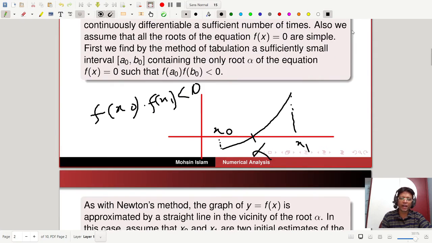So let us go to the diagram once again. Let us join these 2 points with a secant, that is, a chord. Next, this point is x2. x2 is the second approximation. It's closer to the root alpha. So again you are considering x2 and x1, right? So again draw a secant. So look at that, there is another point x3 and so on. Look at that, the approximation converges to the root alpha, right? So this is the concept of the secant method, and that is why the name is secant method.